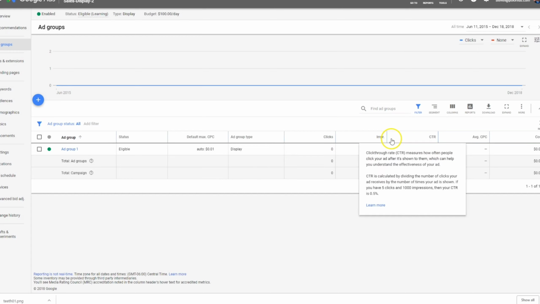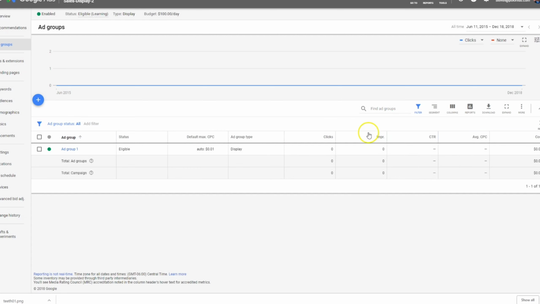So click-through rate would be what percentage of the impressions, of people who technically quote unquote saw it, ended up clicking. Okay, that's your click-through rate. And then average cost per click is basically the total cost that you've spent to get that number of clicks. That equals your average cost per click. Okay, so that's what you want to monitor. We don't really have much to compare it to right now, and of course at the moment we don't have any data whatsoever to look at, but you would want to monitor those, compare them to past campaigns if you do have past